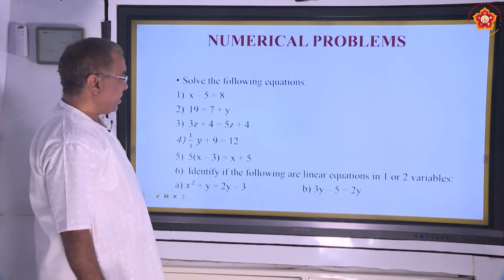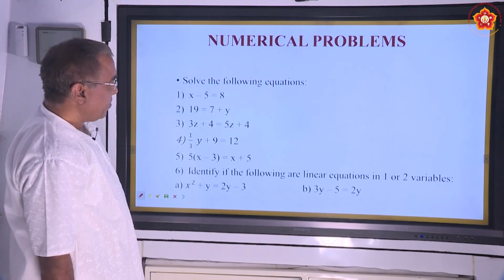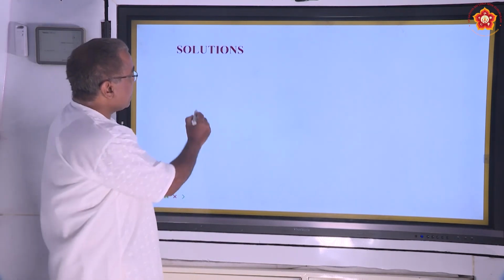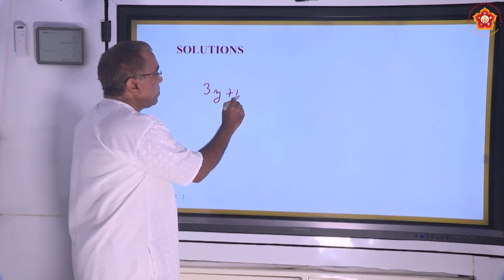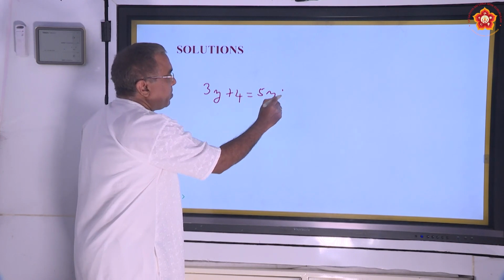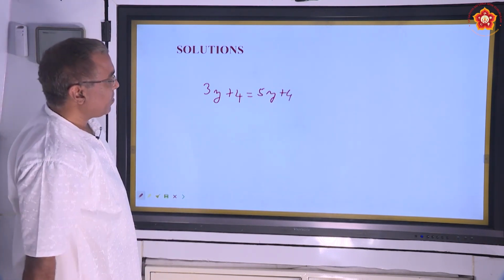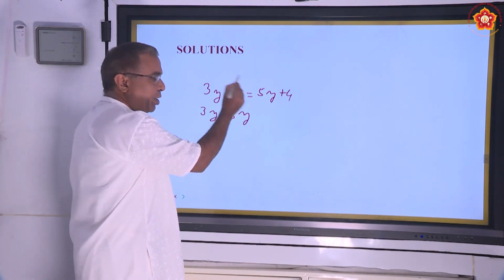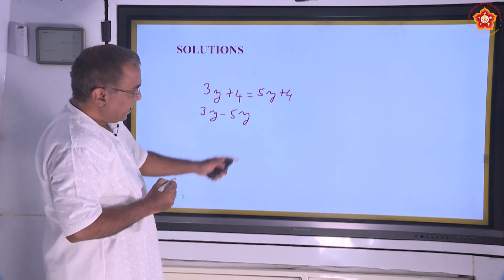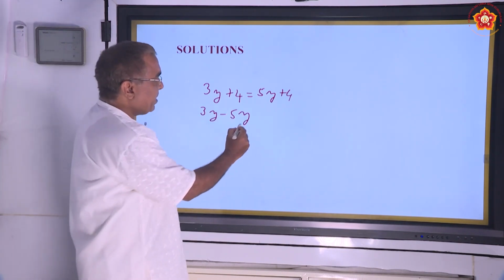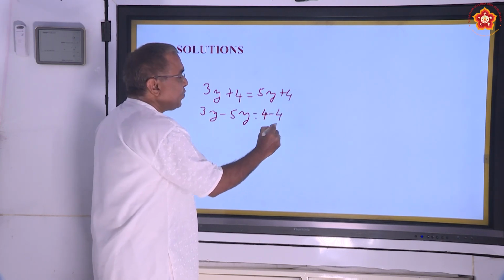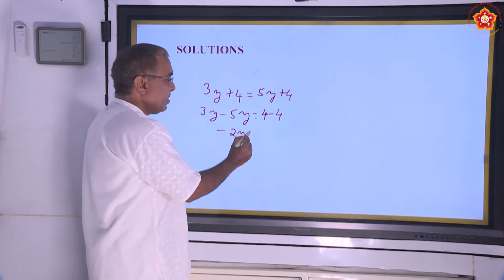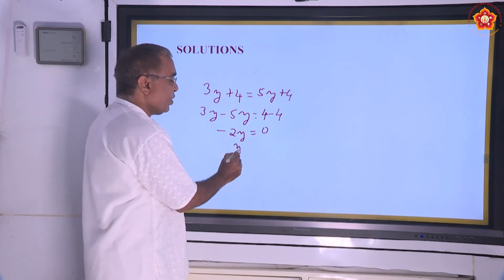Now, the third question, 3z plus 4 equals 5z plus 4. So, this can be rewritten as 3z minus 5z, because I am bringing it from RHS to LHS, the sign changes from 5z to minus 5z, and here I will be left with 4 minus 4. 3z minus 5z is going to be minus 2z, which is equal to 0,